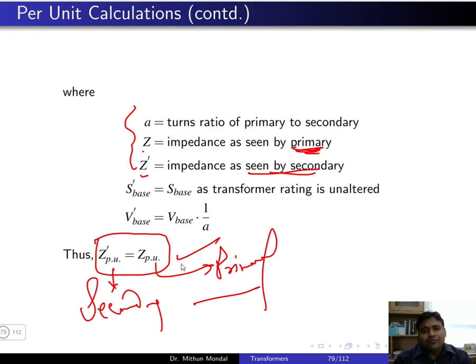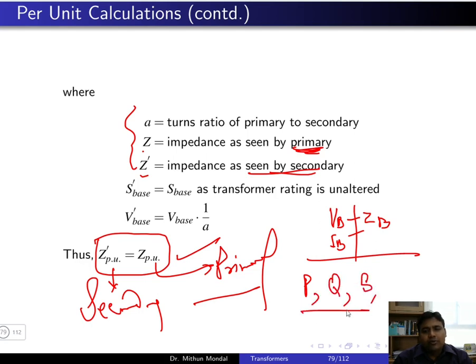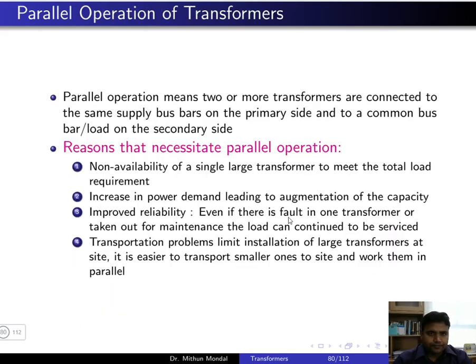So what we have to do is that once the system is given to us, we will first set the voltage base and the current base, and then we will obtain the impedance base. So once voltage base and current base are given, obtain the impedance base, and whatever the other quantities we have to obtain, whether it is real power, reactive power, or complex power, we will obtain from these known quantities. We will see how to solve these problems based on the per unit system in the tutorial part.